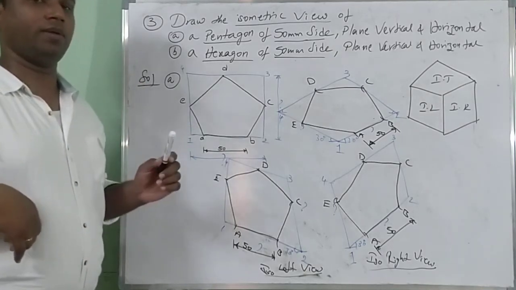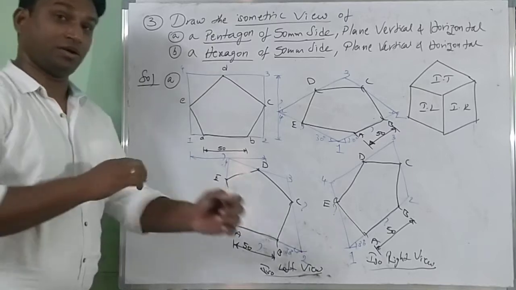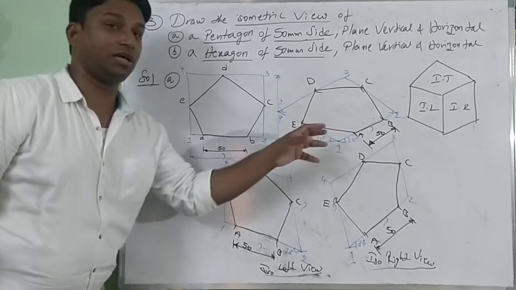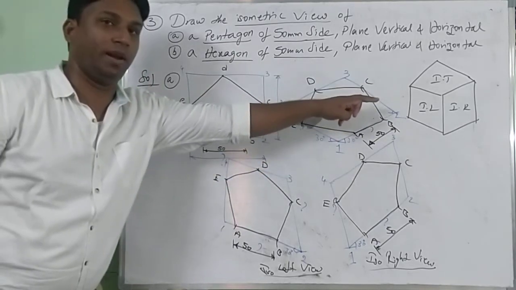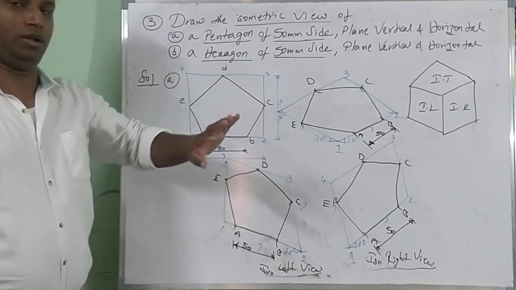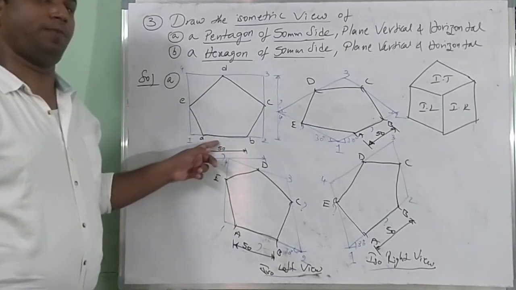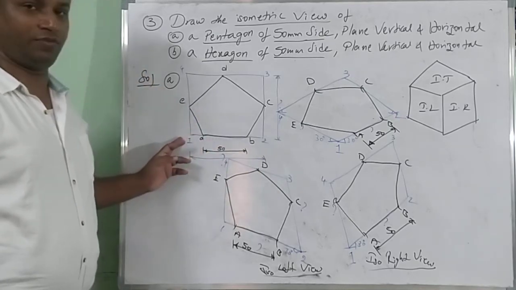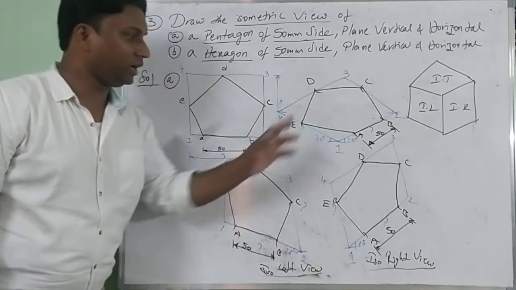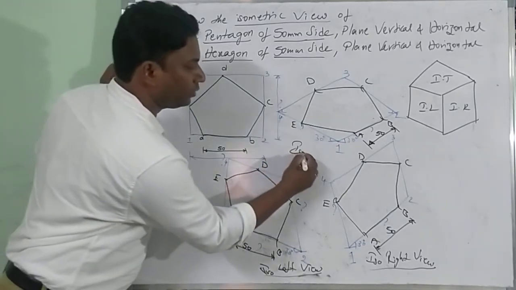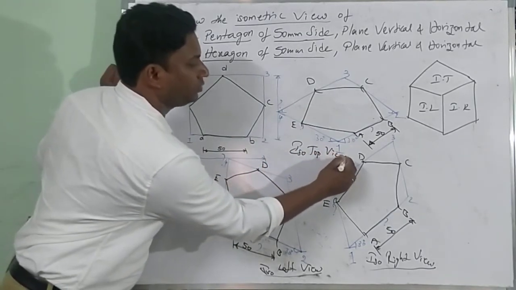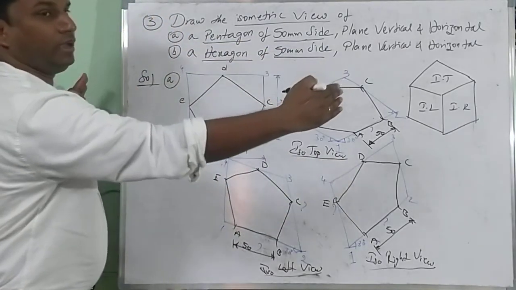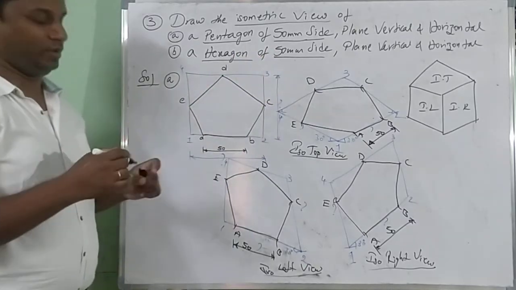Here one more thing I am stressing. As we discussed in the first question, subpart C, the rectangle part, interchanging this length and breadth will give one more view in the horizontal plane of iso top. No need here, right? Because as we are going for planes which are of irregular shape, you can take any one, preferably with the left corner. Iso left, iso right, and iso top view. Very small I have covered, but you can draw all in one line, or two above, two below. It will be very clear.